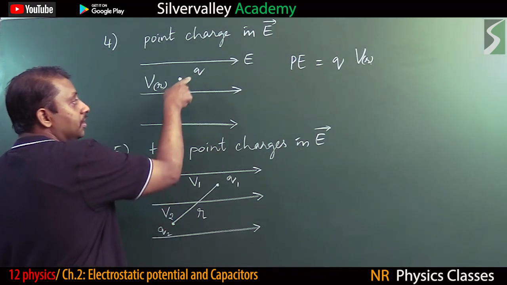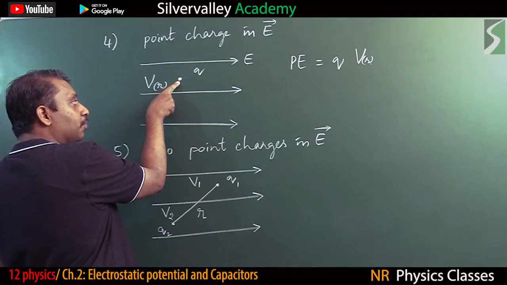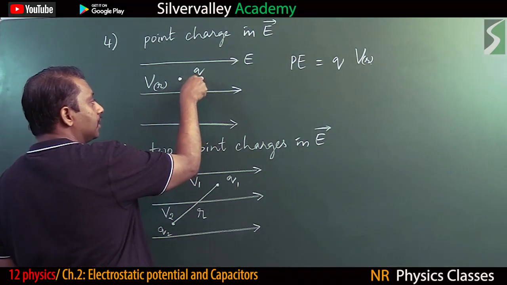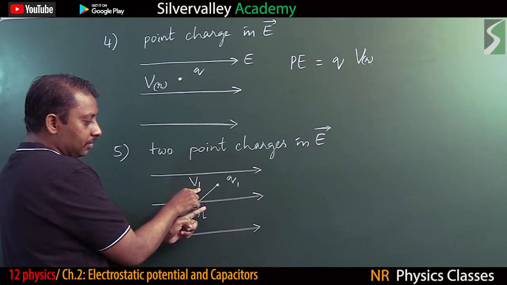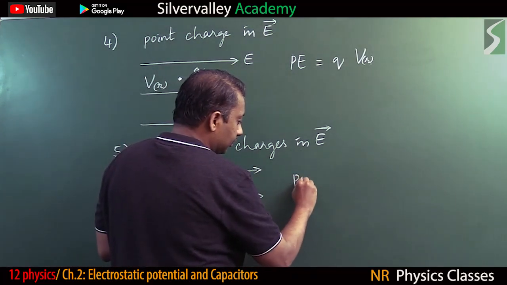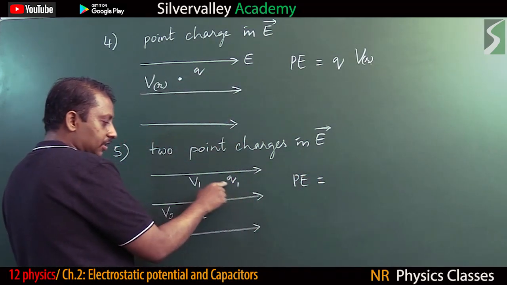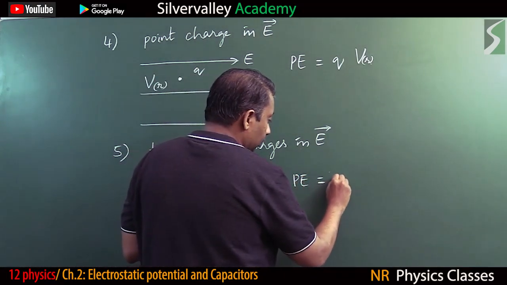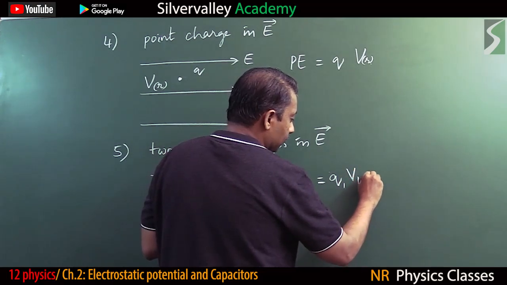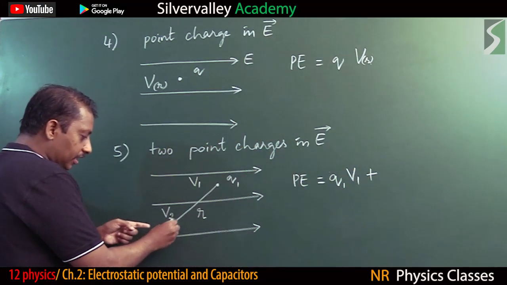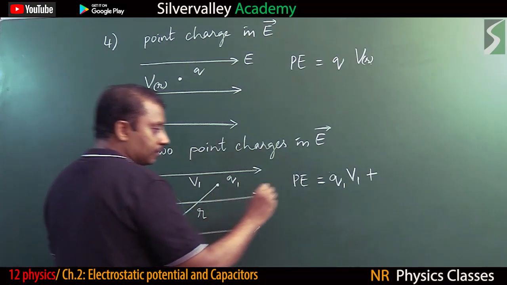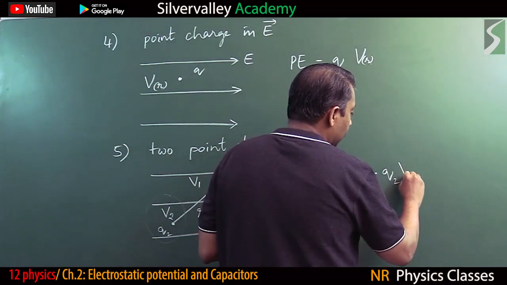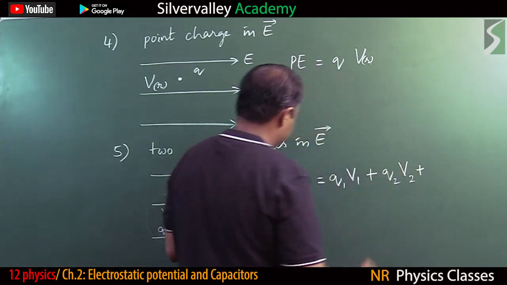Now observe, a charge at some potential has potential energy Q times V. This charge is at this potential, therefore the potential energy is Q1 V1, plus the potential energy for Q2, which is at potential V2, so Q2 V2, plus